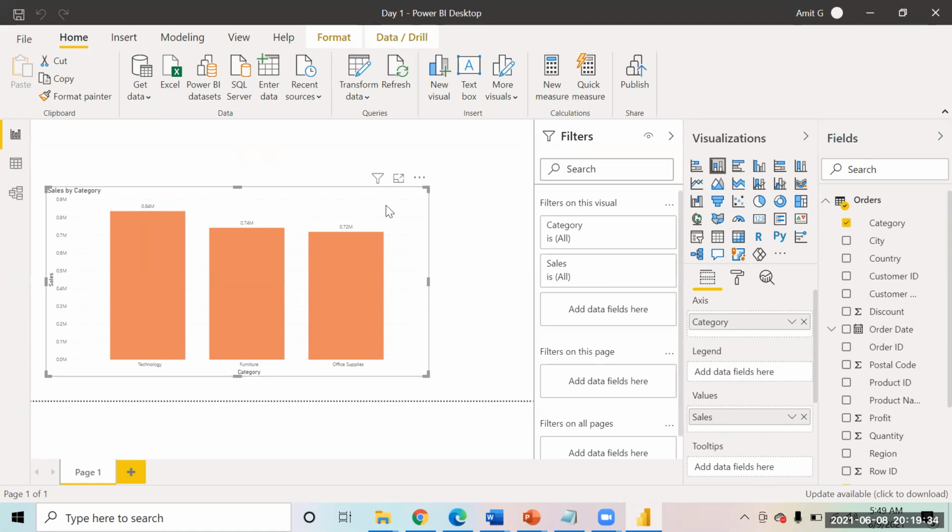So maybe, Deepa, can you give me a few details about the architecture of Power BI? Can you explain a little about the architecture of Power BI now? Oh, you're asking me to explain. Architecture of Power BI. Okay, yeah. Just a sec.